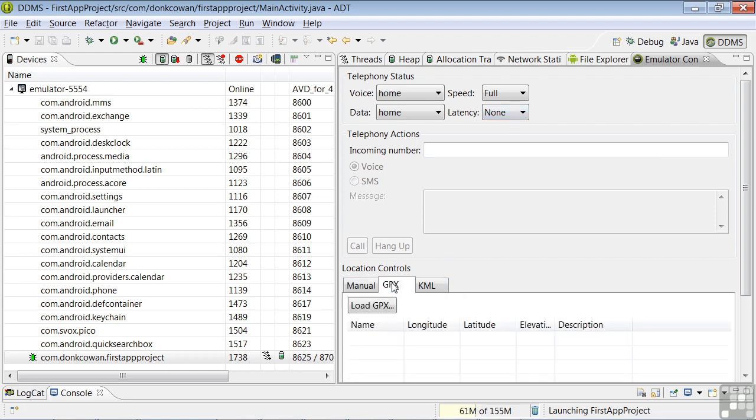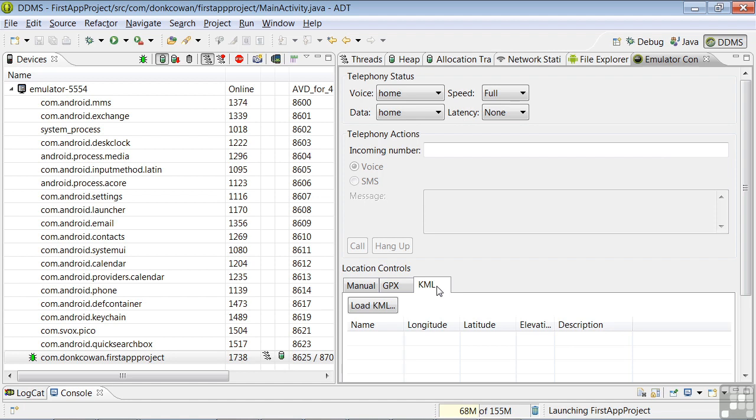The GPX is a GPS, or Global Positioning System, exchange file, and KML is a keyhole markup language file. And keyhole markup language is an XML notation for expressing geographic annotation and visualization with internet-based 2- and 3-dimensional maps on Earth browsers. GPX and KML are used for mockups of location data in testing apps that use functions such